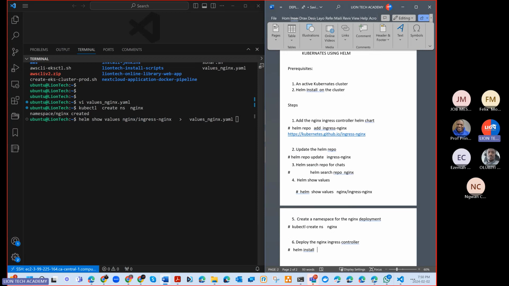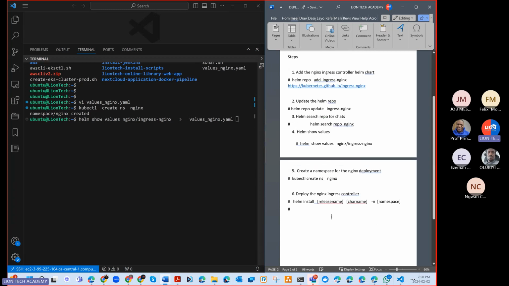So, helm install first takes our release name. Then our chart name, right? Then we can pass -n for namespace. So in this case, we can have this. We can run